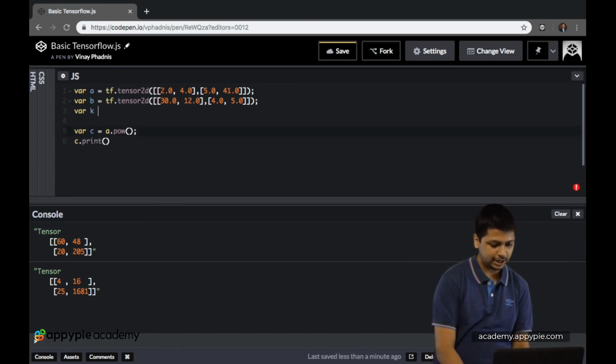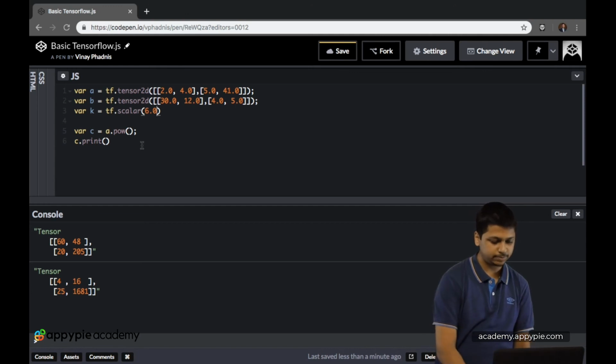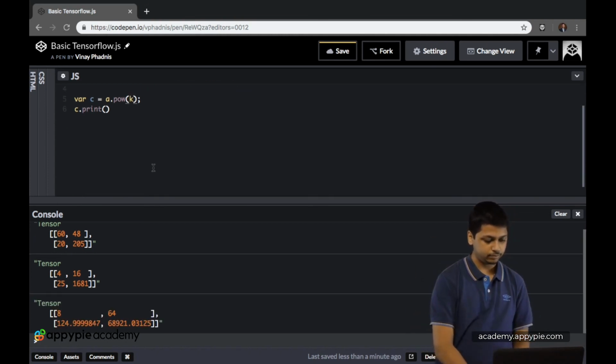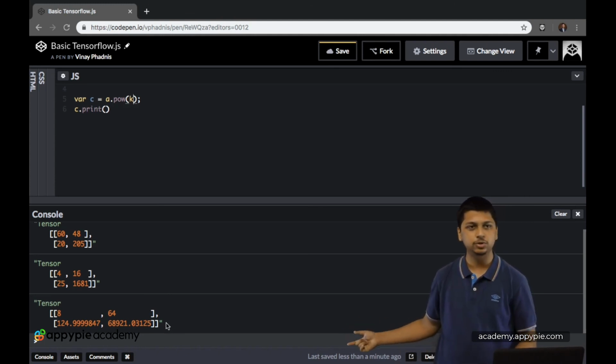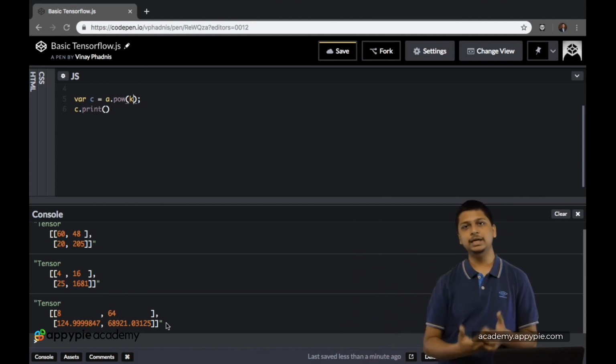Let's call this k, and make this equal to tf.scalar, and let's pass in a scalar which is 6.0. Okay, 6 will be too much, 3.0, and now let's raise a to the power of k. As you can see we have got this huge matrix. It is basically a times a times a in TensorFlow.